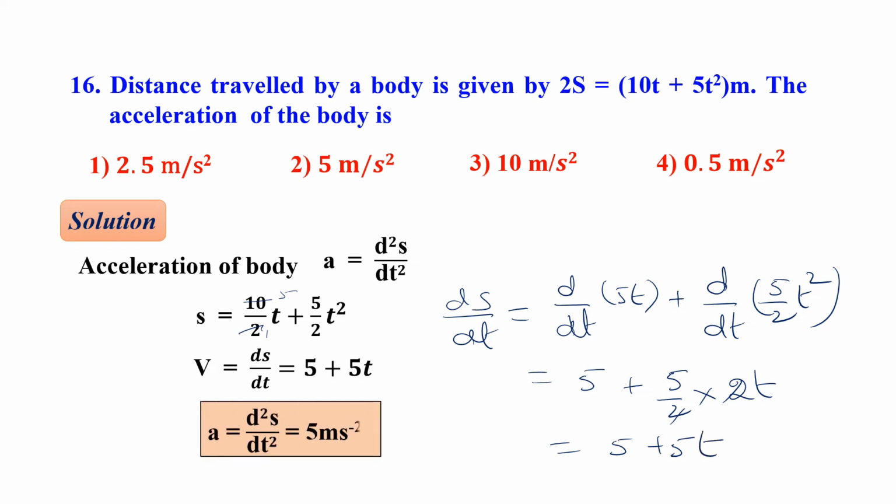Next, now we are doing acceleration, that is d square s by dt square. Again we are doing differentiation: the constant is 0, and 5t is nothing but 5. So a, that is the acceleration of the body, d square s by dt square is equal to 5 meters per second square. So the second option is correct. Okay. Next,